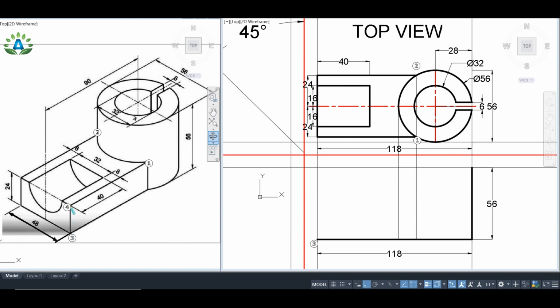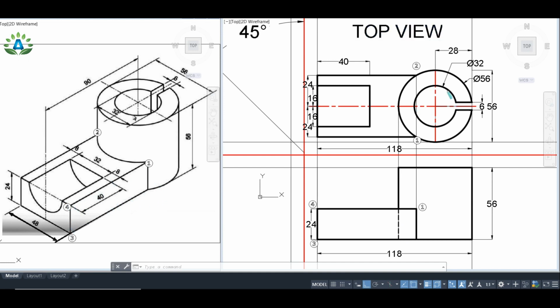Now I'm going to locate this point, which is 24 mm up from this point. So I'm going to make a line which is 24 mm from this point. Now I am extending this line to the projection line that is coming from these 2 points. So we can see the solid line of the cylinder from this point to this point, whereas the line will appear as a hidden line from this point to this point because this part is seen from the exterior part of this object, like this.